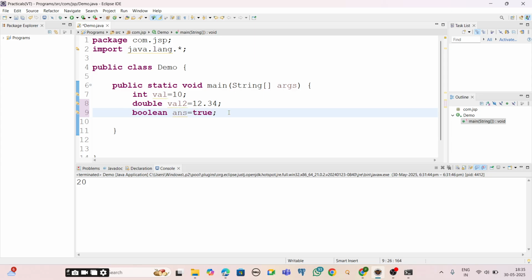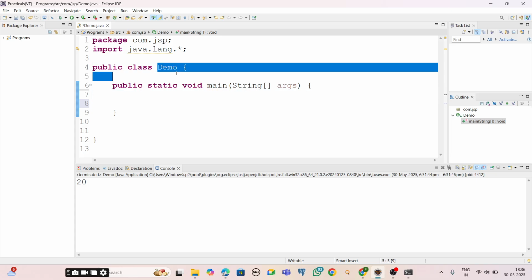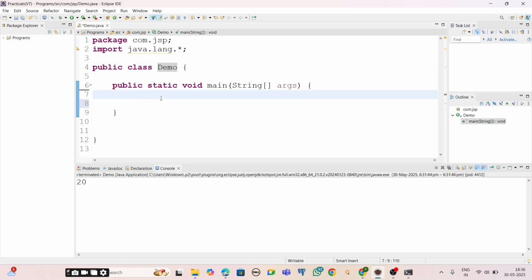Coming to the non-primitive variable. If we declare any variable with the help of a class name, an interface name, or an enum type, then we say those variables are non-primitive variables. Let me give an example. Since we have not gone through interfaces and enums yet, let me give a short example with a class. Most of you may know how to create an object. This is the syntax for creating an object: Demo reference, this is the reference variable, and new